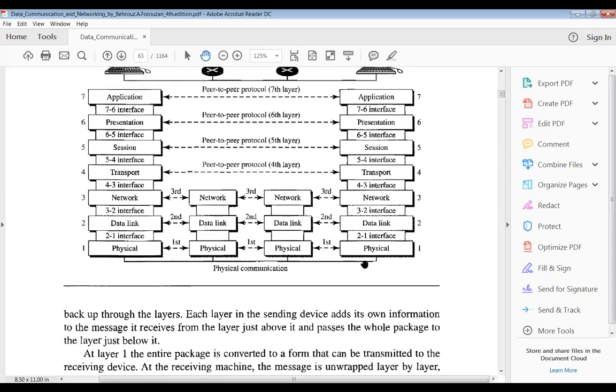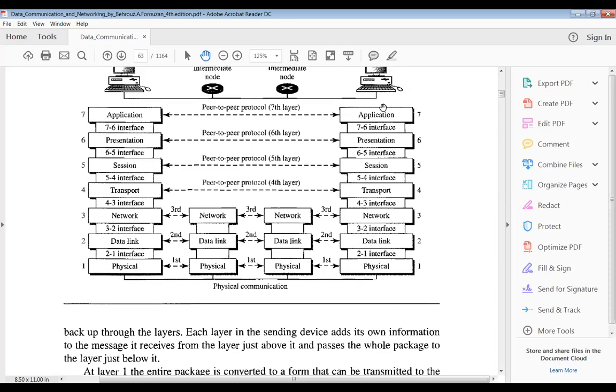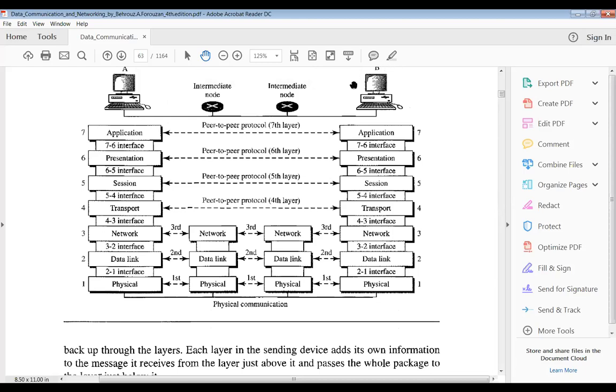On the right side, the data I am sending goes to the physical layer, and from there it is converted to the format in the data link layer, then sent to the network layer, then the transport layer, then the session layer, then the presentation layer, then the application layer, and finally it reaches the destination node device. Okay?